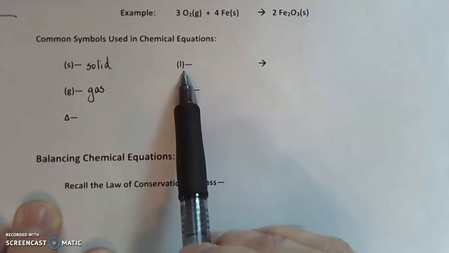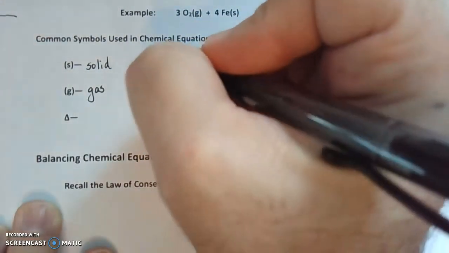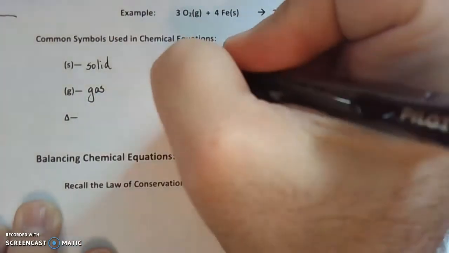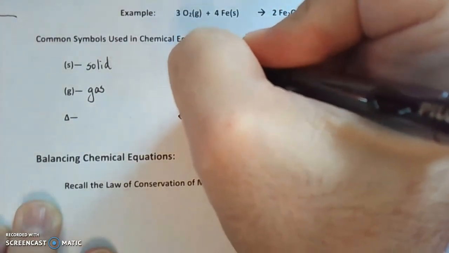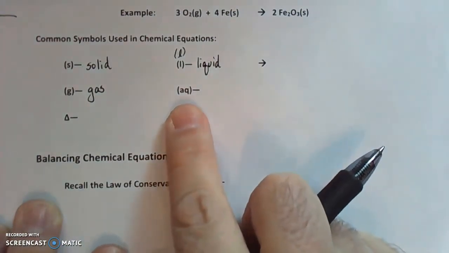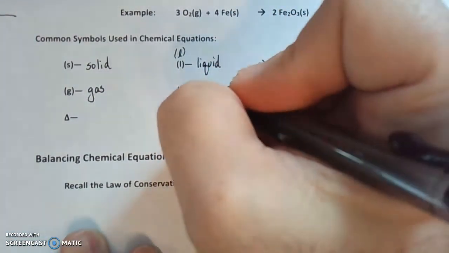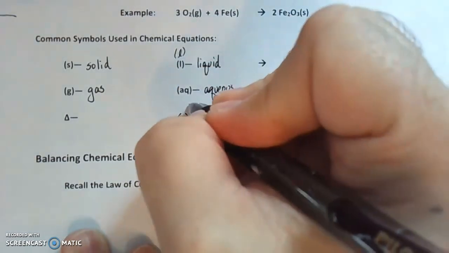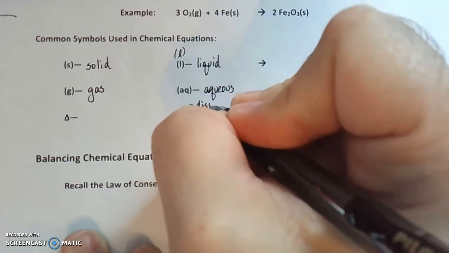Other terminology, if you see an L after it, and sometimes they use a cursive L because that kind of looks like a 1, that's going to be a liquid. And an AQ, this means that something is aqueous. That's what it stands for. And what that means is it's dissolved